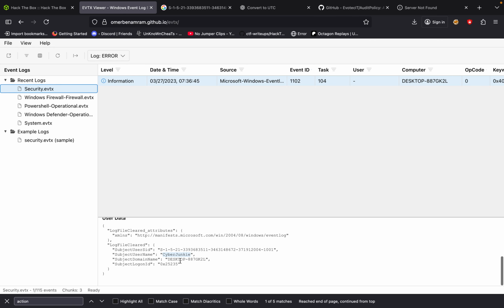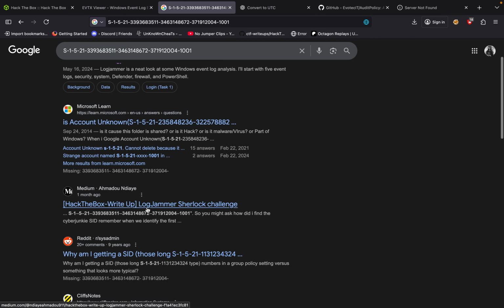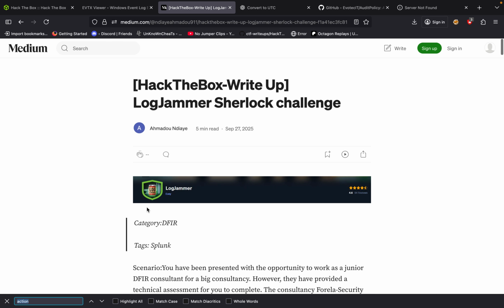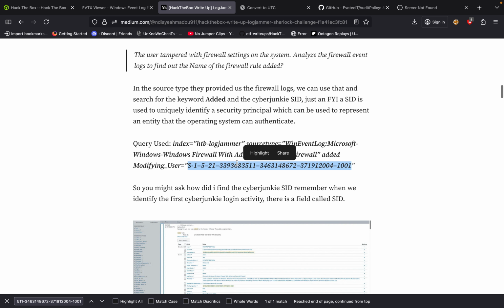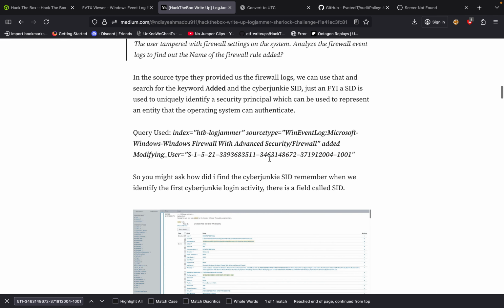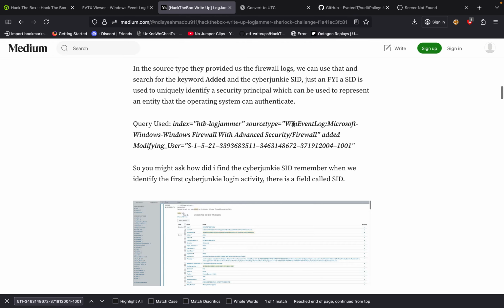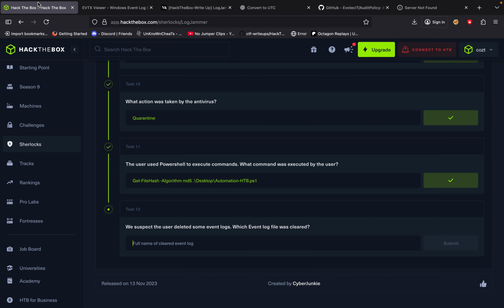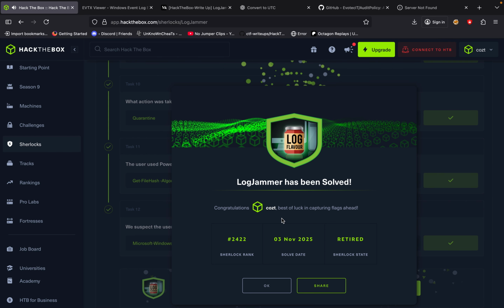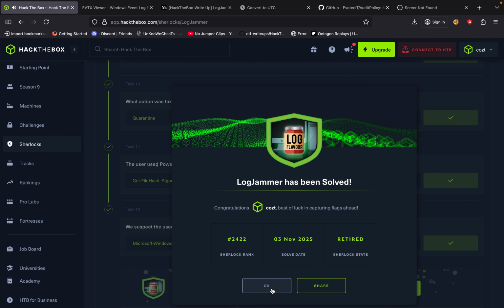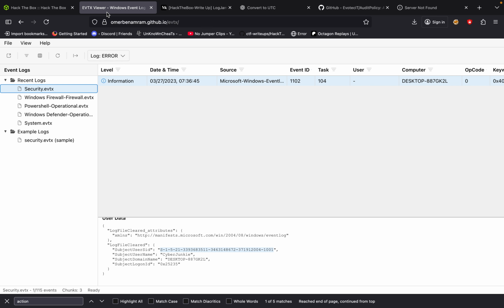Well, I guess if we just copy this right here and we search it up, like how we did right here, we could see that something was deleted. So if we just look up right here, it says the source type, but we weren't able to get it from there. So it says Windows event log Microsoft. I think it's this one. So full with a firewall, and we passed it. So yeah, pretty weird because I wasn't able to get the last part through the EVTX viewer online,